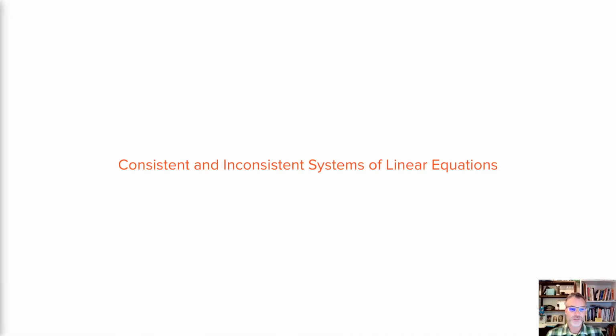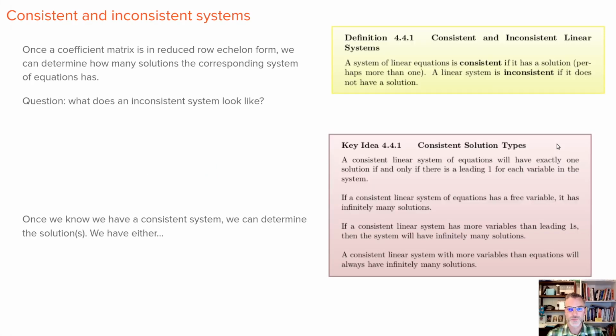Now we'll briefly cover consistent and inconsistent systems of linear equations. Very simply, a system of linear equations is consistent if it has a solution, at least one solution. And it's inconsistent if it doesn't have a solution. So if you think about your experience so far with solving systems and writing them as the coefficient matrices,